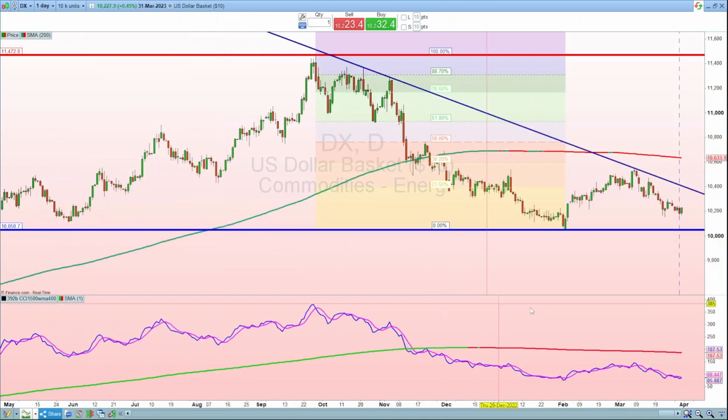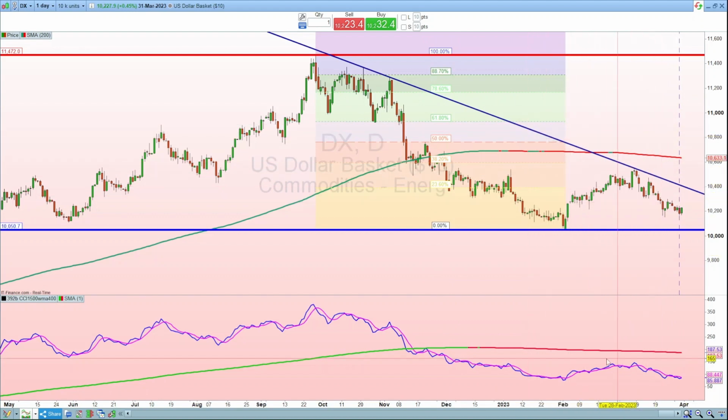On a daily first, you can see it's currently in this range between this diagonal descending trend line and this support line. There's also a key resistance area up here, but it's way off in terms of consideration for that one. I did draw this Fibonacci retracement here. You'll notice the price has bounced down to the downside just below the 38% level. It got as far as the 38% level before rebounding down to the downside, and that's in line with this